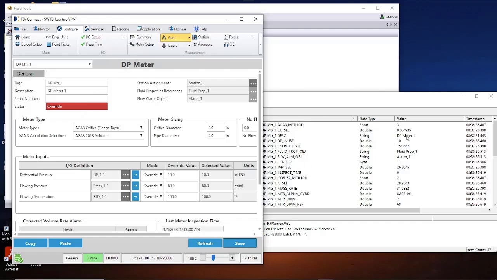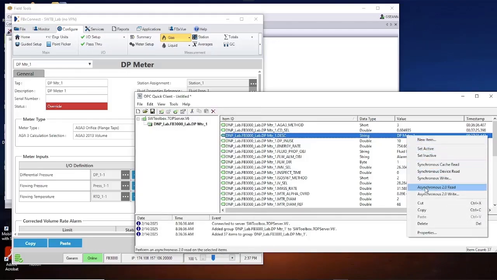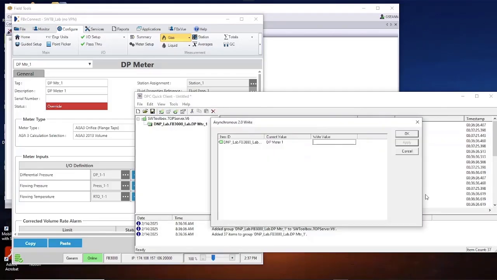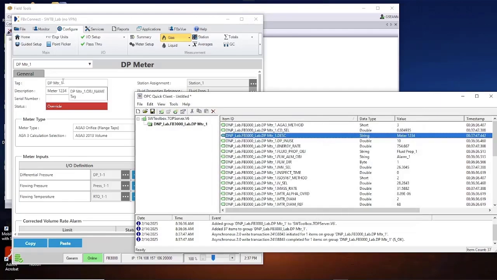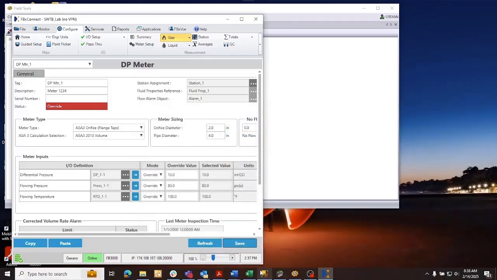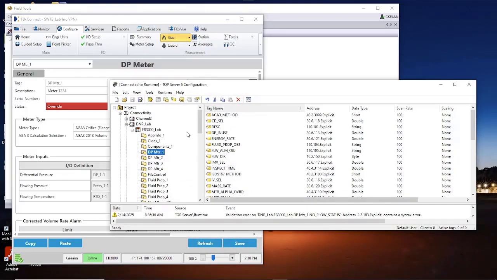This is a read write. So if I wanted to, I could come in my client and I could do a write back. And let's change that to meter 1, 2, 3, 4. And you should see it change in field tools. So that's changing in the RTU. So I'm doing reads and writes back and forth to the RTU, and really that's what I wanted to accomplish. I'm going to close this client out. I wanted to accomplish building a namespace in my